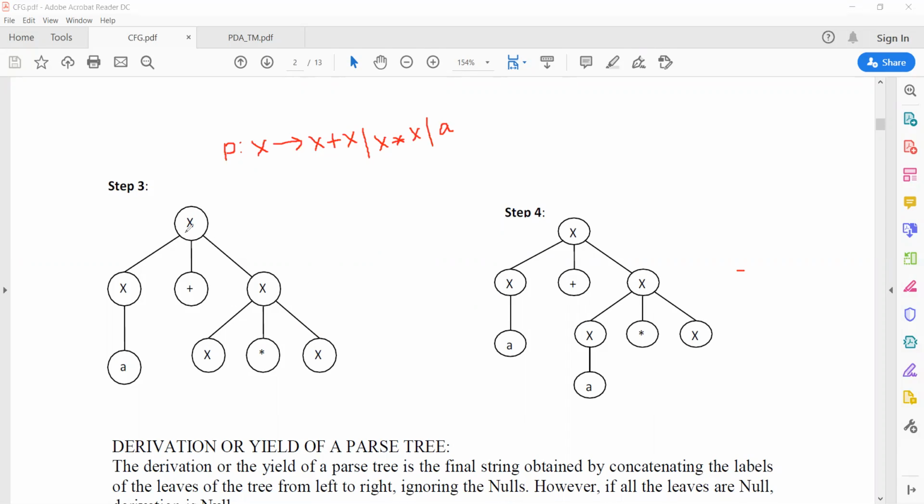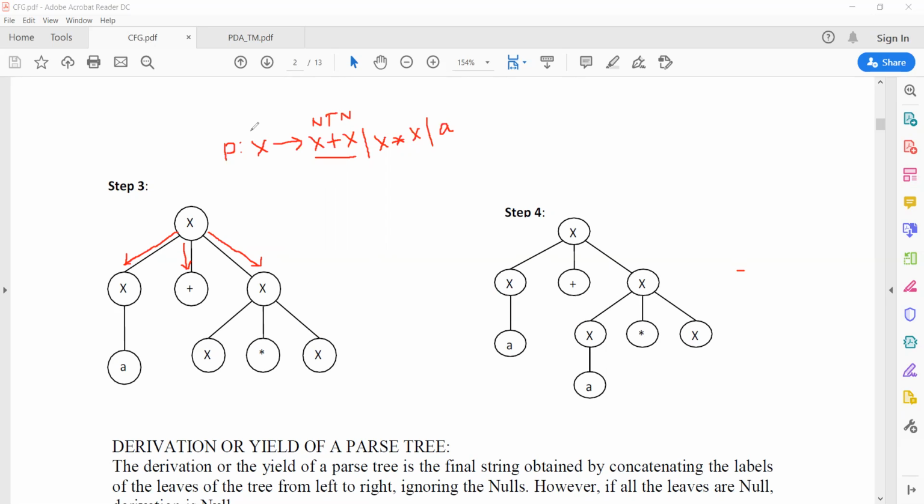So x produces x plus x. From x we have a child node x, again another child node plus, again another child node x. So as you can see, this is ternary. Three children are there, because there are three symbols: one is a non-terminal, one is a terminal, and another one is a non-terminal.